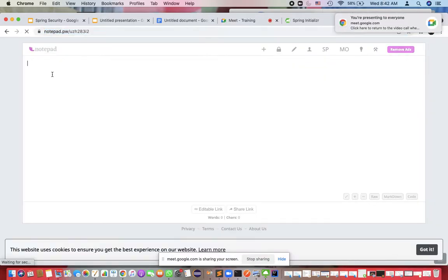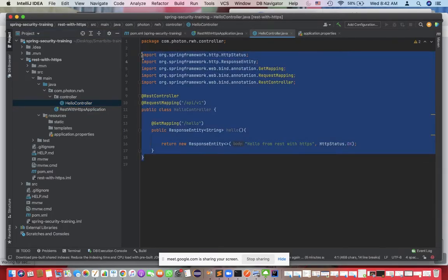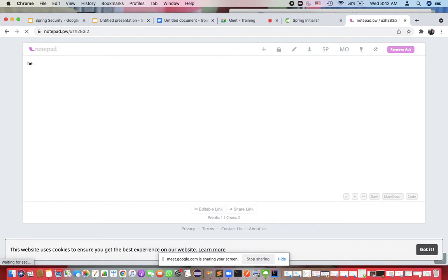If you write something here, just let me know if you're able to see this here. Okay, so now the code of the hello controller, I will paste it there too, so you can directly modify it accordingly. That will be first, just get the idea.